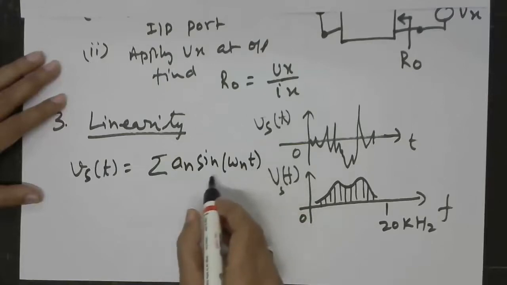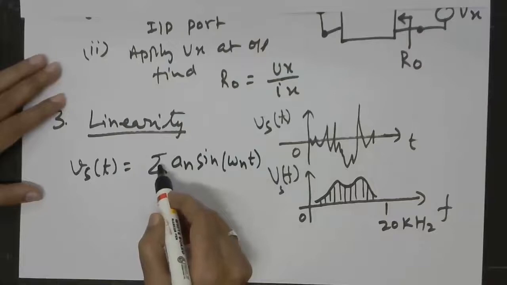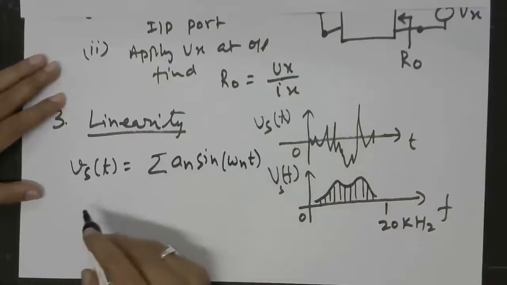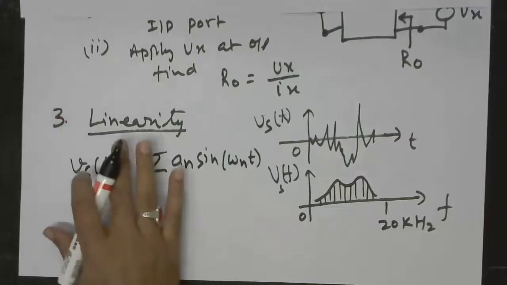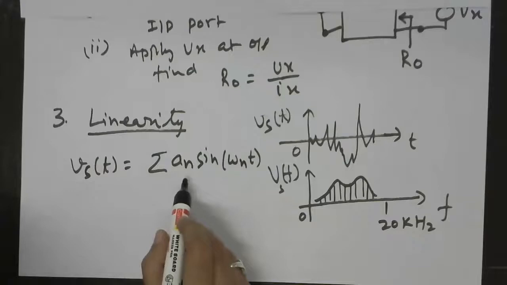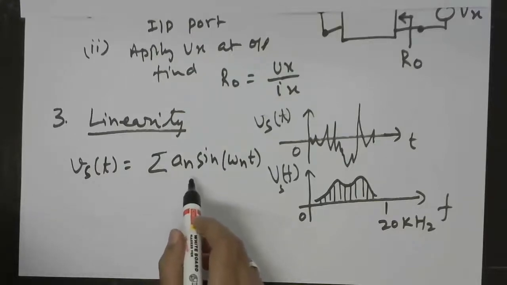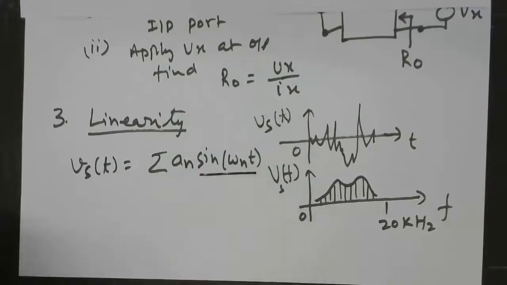So I am taking a simple case. There will actually be sinusoids. In more complicated cases, this summation will actually be an integral, not a summation. But to appreciate the importance of linearity, this is enough. Just keep in mind that the actual signal is a linear combination of a very large number of sinusoids with various frequencies.